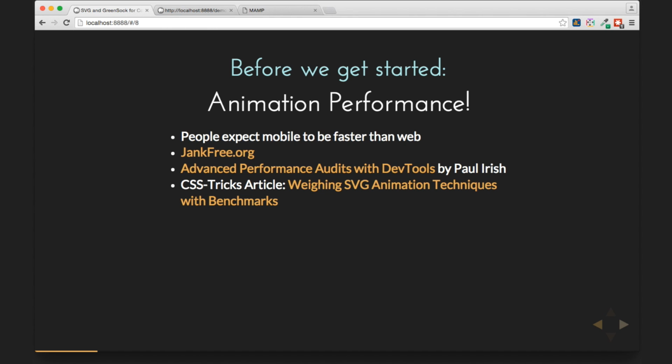You can look at the article, but one thing I will say about it is that it was written at a certain time. It was written a year ago, and a lot of things have changed since then. GSAP is updated, and CSS is reporting differently in Chrome. So even that's not stable. I think you should test things for yourself. Find out for yourself how things work, what is going to work for the kind of animation you're doing, and how it affects your build.